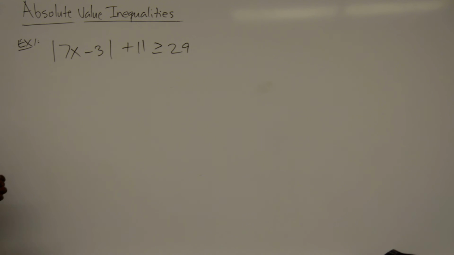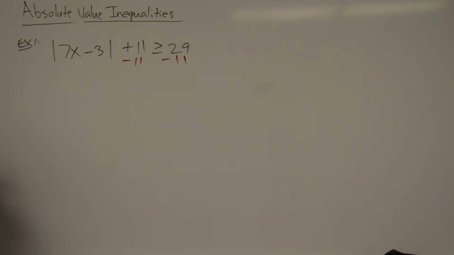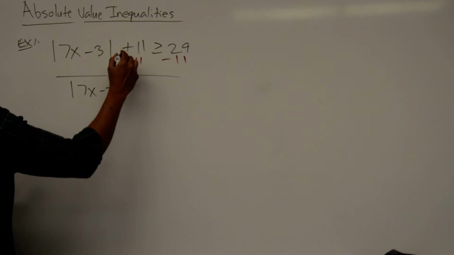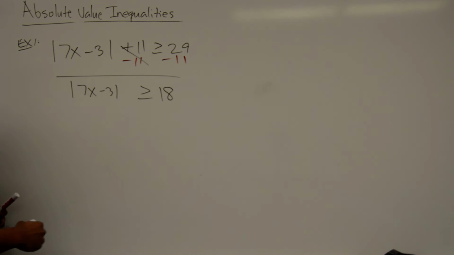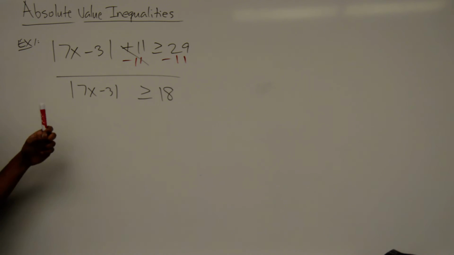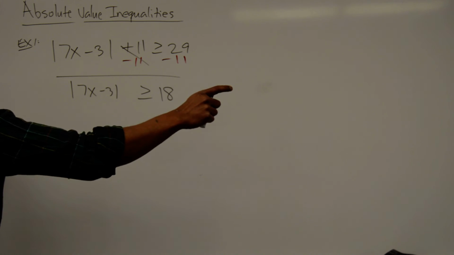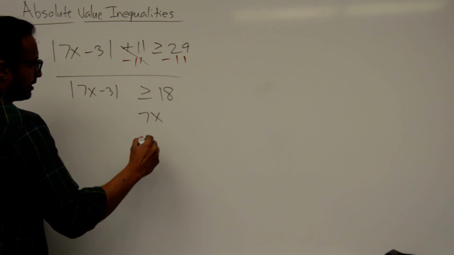Okay, so first let's isolate the absolute value. Subtract 11 from each side. So we're going to get the absolute value of 7x minus 3 is greater than or equal to 18. Now, because we have an absolute value, which considers the positive and the negative, and both of those represent the distance from 0,